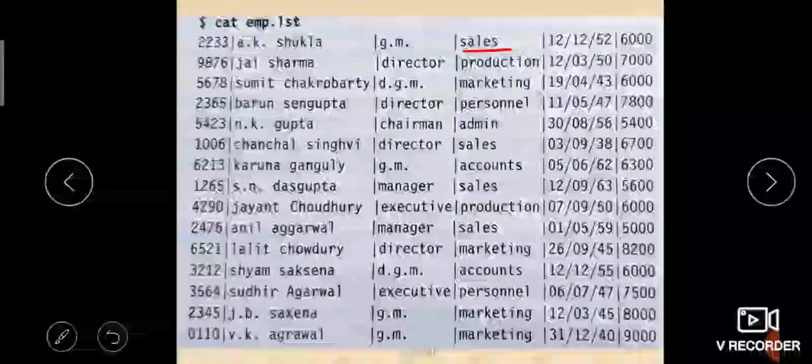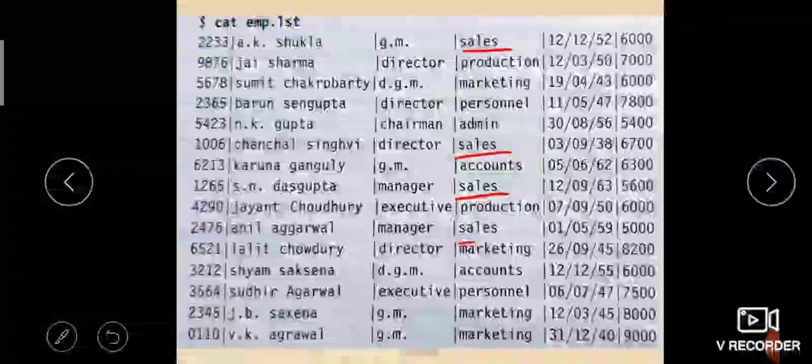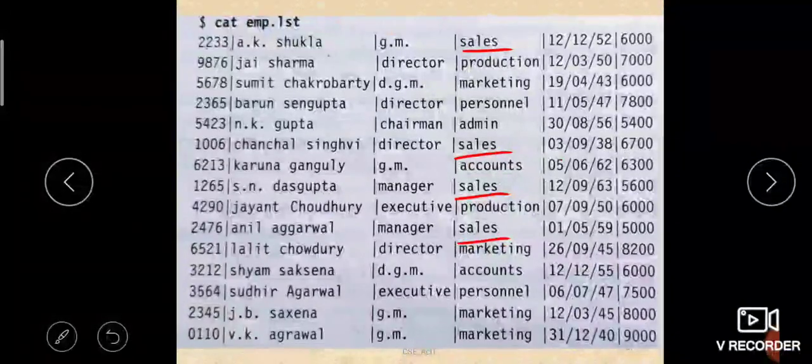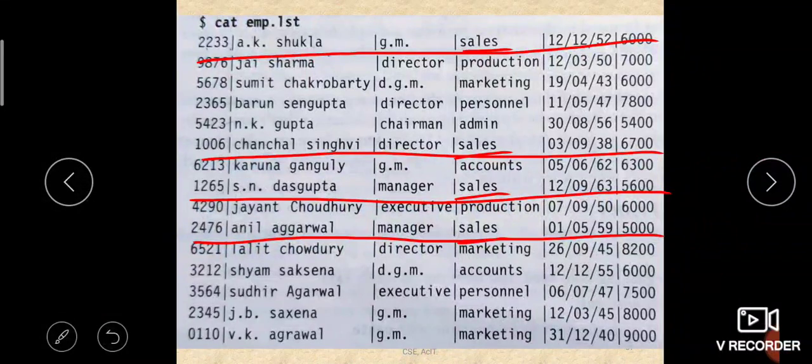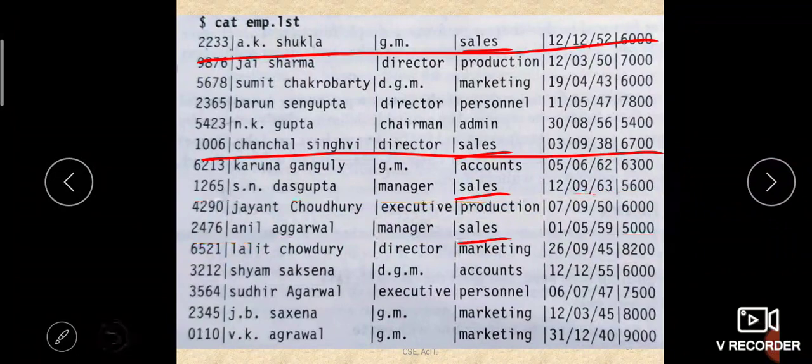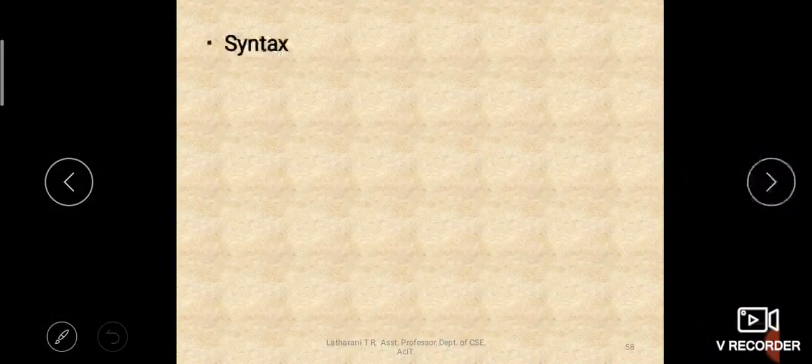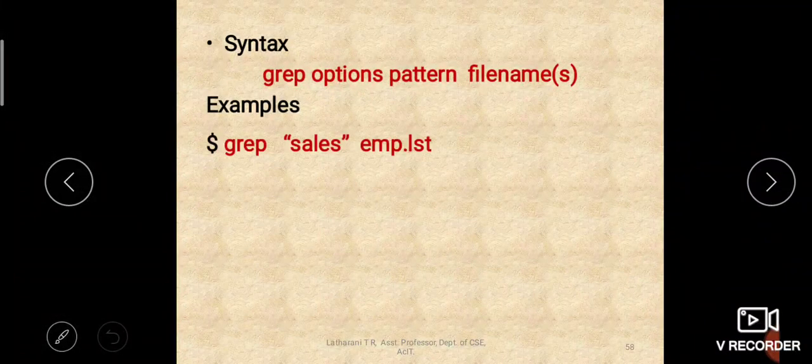So sales is here, here, here and here. So four occurrences of sales are appearing. The whole line where the sales pattern is appearing will be displayed. These four lines will be displayed as the output of the grep command. Is that clear? So that is how you can use the grep command.